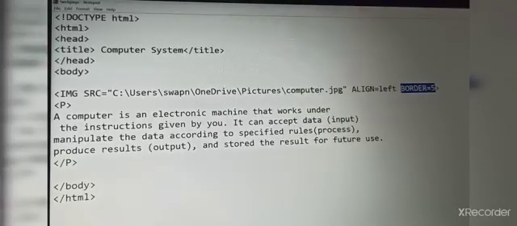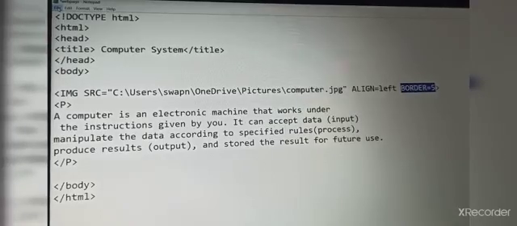You can give any number, depending on how broad you want the border. And here we have typed a paragraph. Now see how the border will display on a web page. Can you see the border appear? Yes.